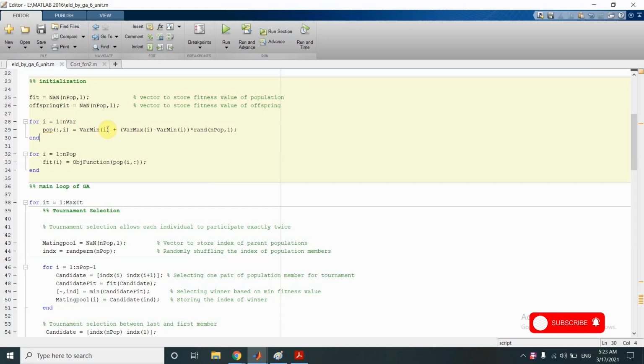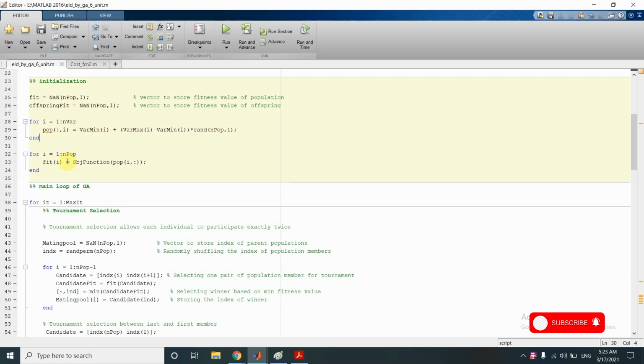In the second iteration of this loop, it would add another column vector to the previous column vector, which would have values between the maximum minimum generation limits of the second generating unit. In the third iteration of the loop, it would add a column vector to the previous two columns. Now this third column vector would contain the values between maximum minimum limits of generation of the third generating unit and so on.